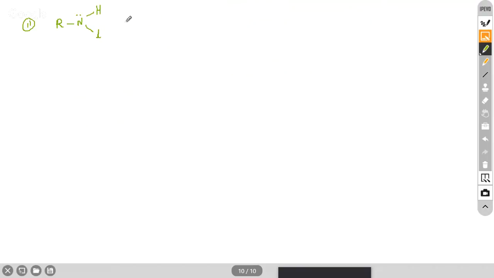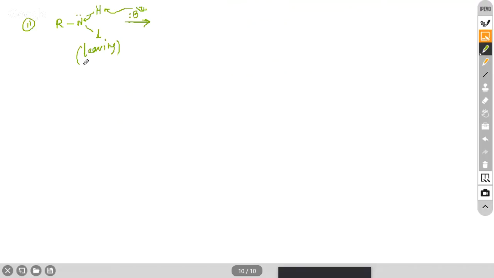Now when this reacts with any base, in presence of any base, this base takes this H plus from here, this pi electron comes over here, and this L comes out as leaving group. This is the leaving group we have,